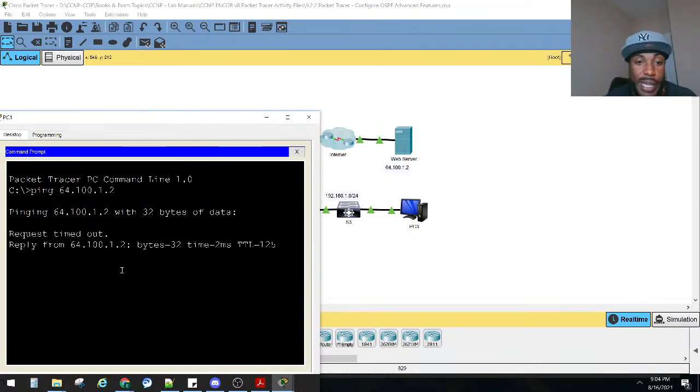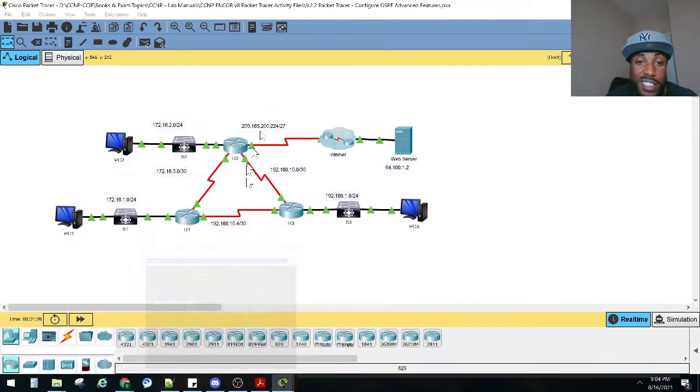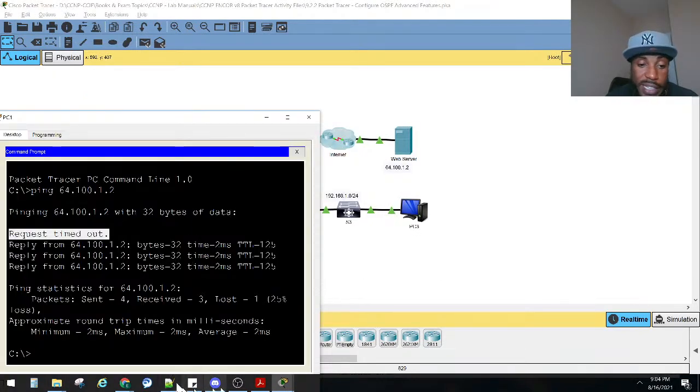You're timed out. We got a reply. Good. Remember that first one usually drops because we haven't built an ARP cache just yet, right? Next thing they want us to do is